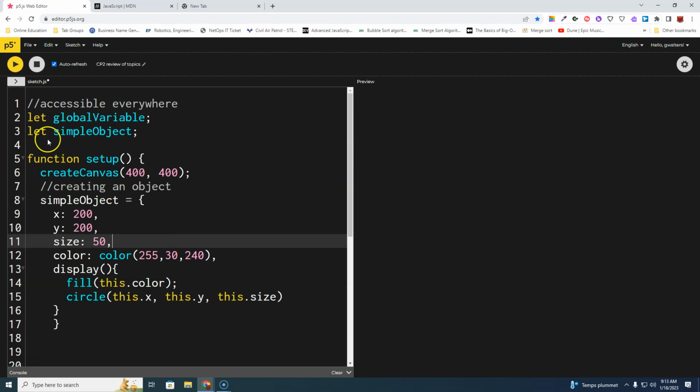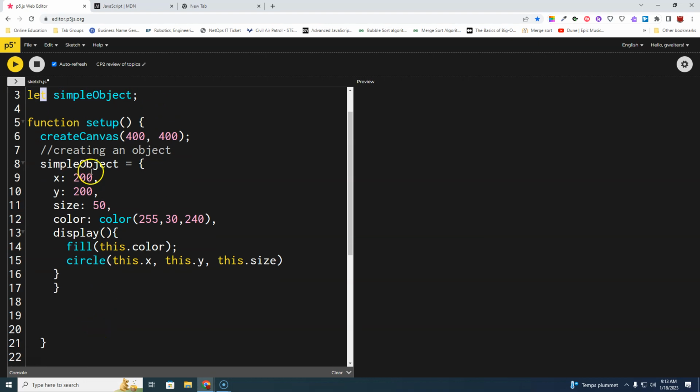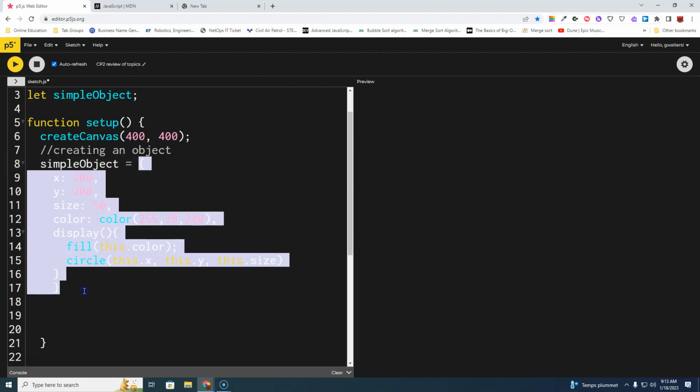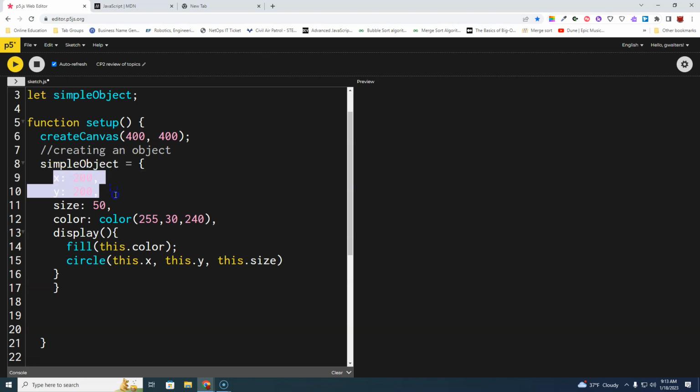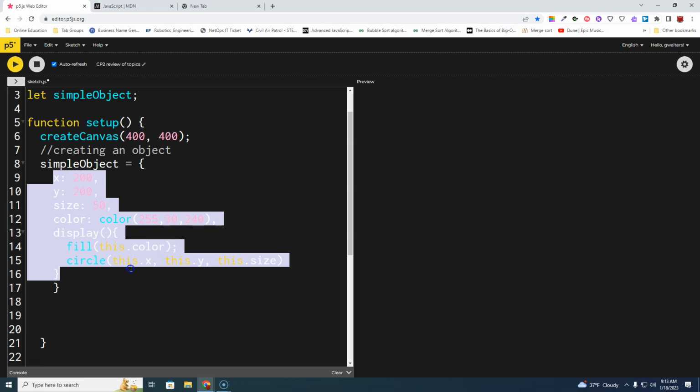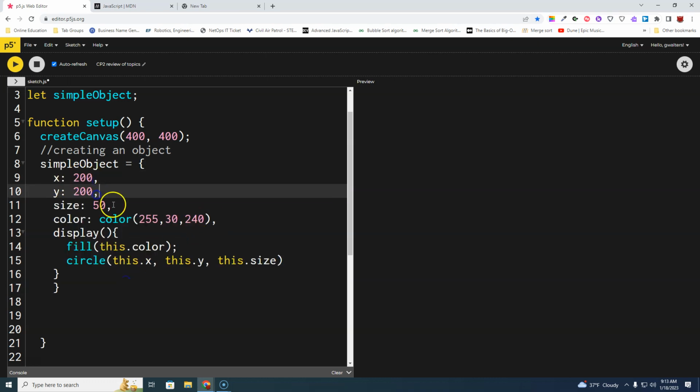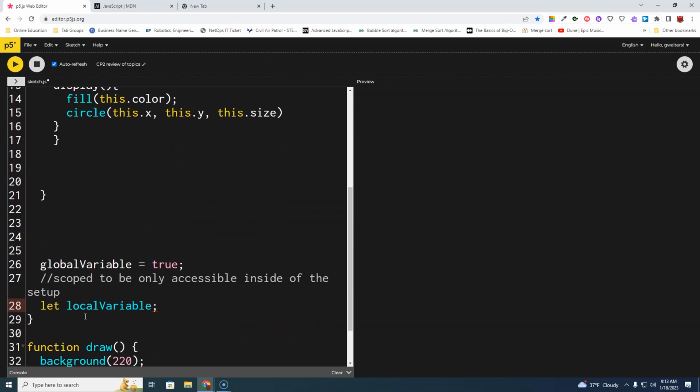It's a global object because I use the let outside of any code block, so it's not scoped inside anything. Which means that in my setup, which runs first and runs exactly once, I can initialize the object with a value, which is this. I set the values of my object. It has an x, y, and a size, a color, and has a display function. Okay, notice how all of them are separated with commas? That's what we need. Now if I want to display it,